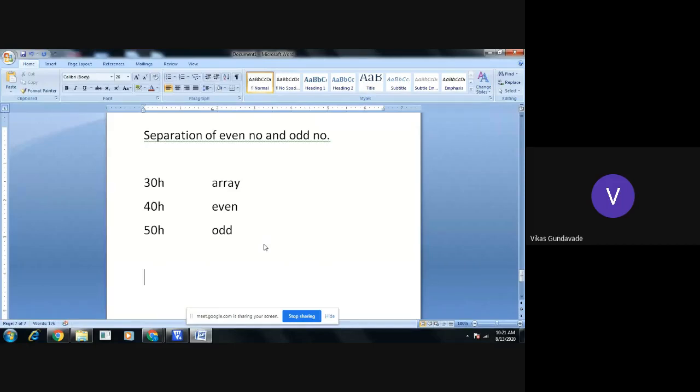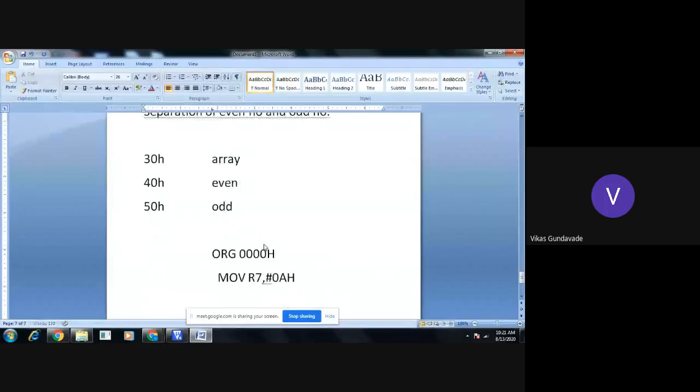First we need to initiate the memory locations. First will be ORG 000H. If there are 10 numbers, we will set the count of 10 into register R7. Then we directly transfer the contents to the 2 more memory locations. It is not required to set the counters for even numbers and odd numbers; we will directly put the values into these 2 memory locations.